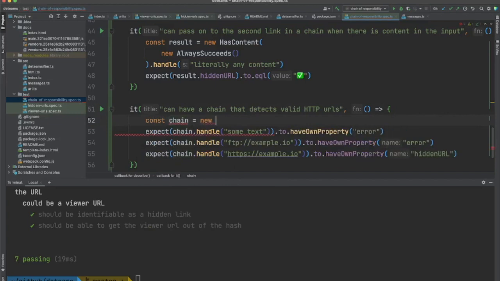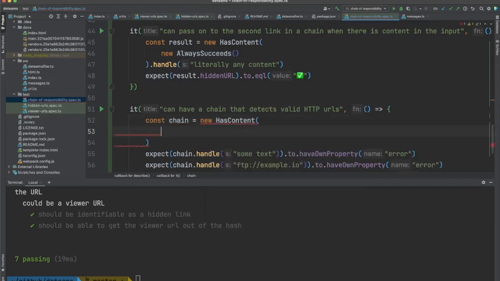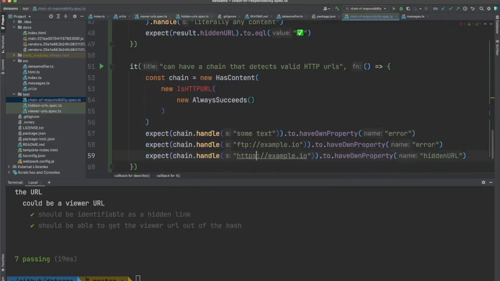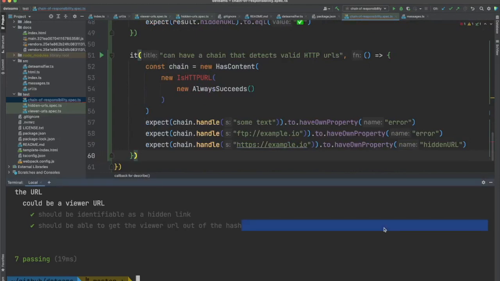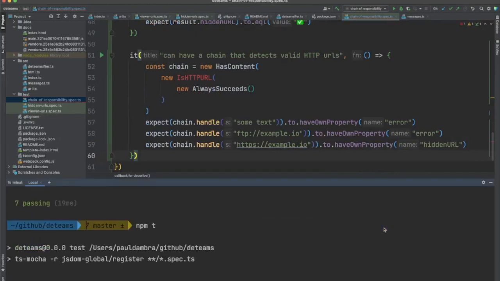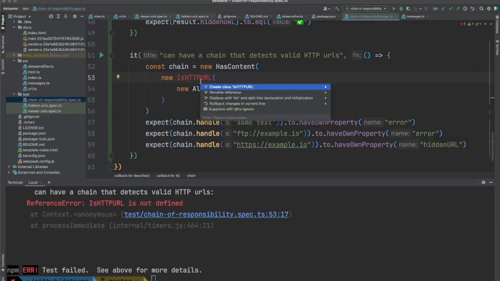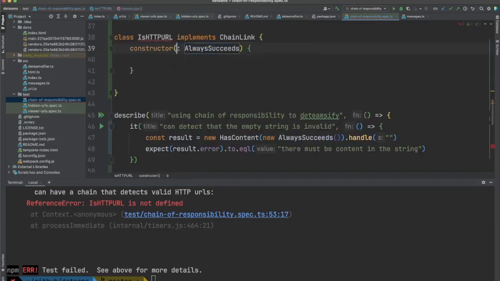What's our chain? It starts with a has content, then it's going to have an is HTTP URL, and then it's going to have an always succeeds. If we run that, it will tell us that is HTTP URL isn't defined, which we know because it's red on the screen. We can create that, and it takes a next link, which is a chain link, and it stores that